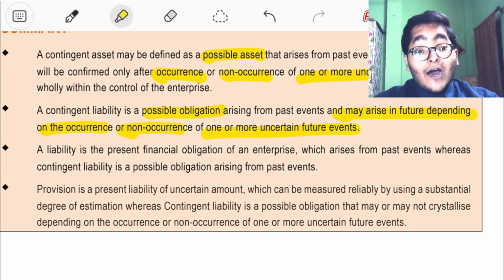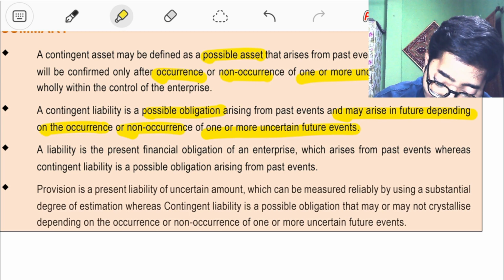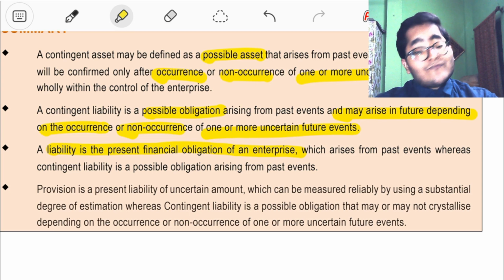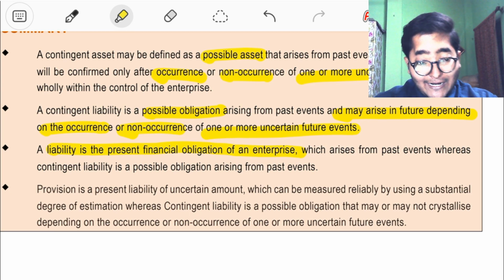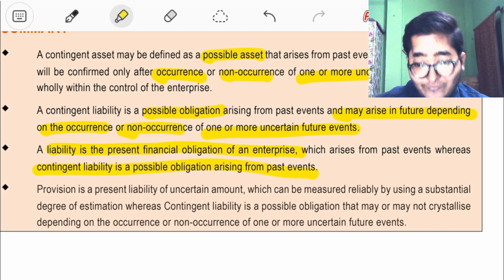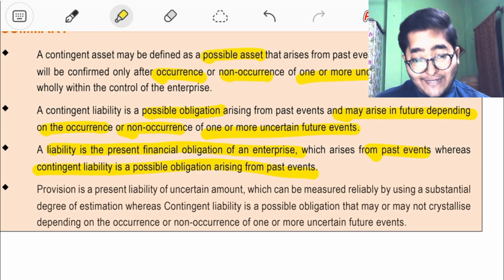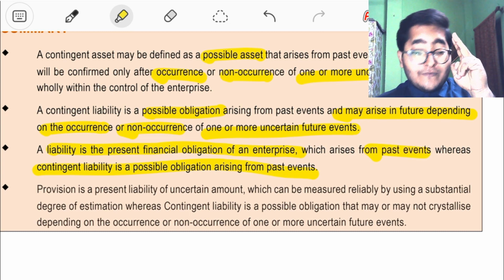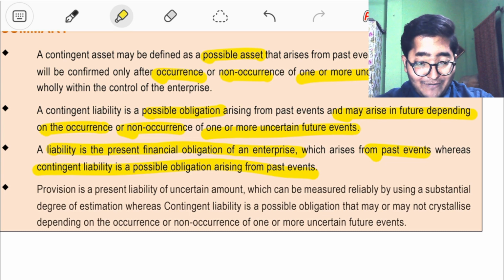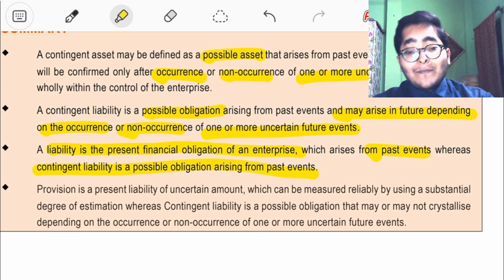Number three point, a liability is the present financial obligation of an enterprise which arises from past events, whereas contingent liability is a possible obligation arising from past events. दोनों ही पास्ट इवेंट से, लेकिन जब वो प्रेजेंट हो जाता है उस ऑब्लिगेशन, उसे हम लाइबिलिटी कहते हैं। जब वो ऑब्लिगेशन पॉसिबल रहता है तब उसे हम कंटीजेंट लाइबिलिटी कहते हैं। फोर्थ पॉइंट, प्रोविजन इज अ प्रेजेंट लाइबिलिटी ऑफ